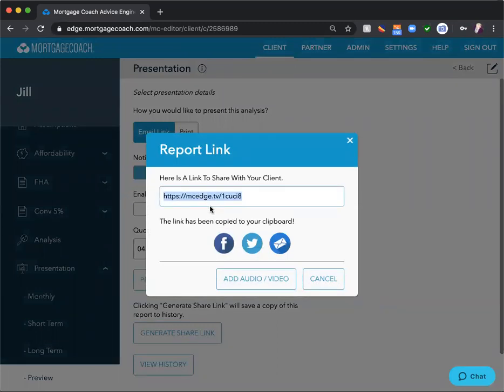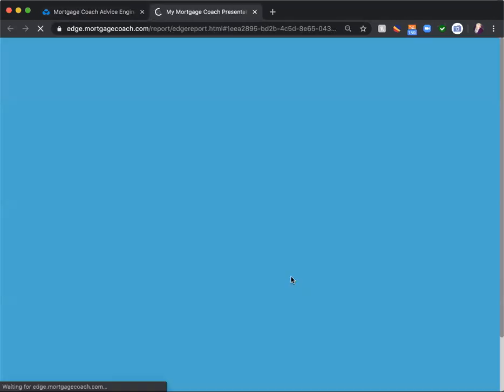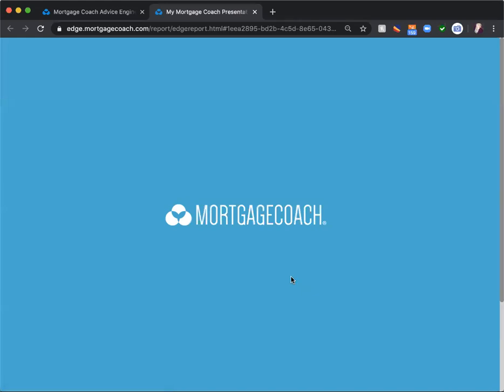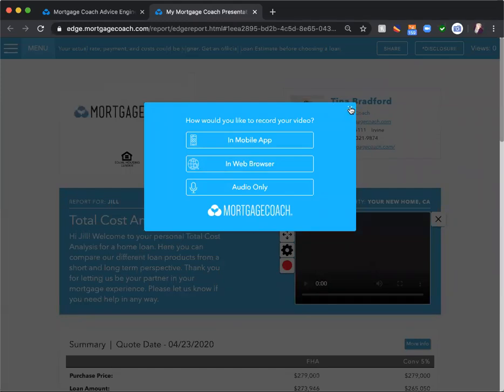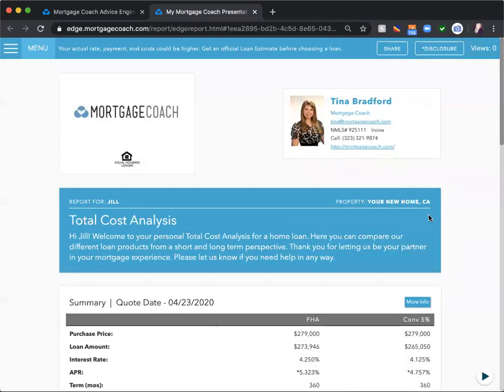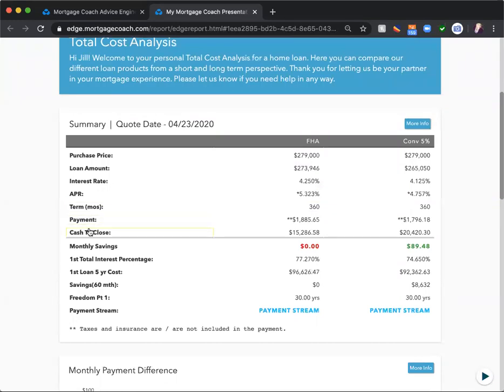Since most of us are not in a situation where we're with our client, you can now copy this, send it to the client while you're on that same conversation. And then once you go into this, I'm going to click add audio video, which would go back to Gregory, yours with adding audio video. You can just click in web browser and it'll start it here. But now I can go through and I can highlight it. So if I gave this to my client, I'm going to drop this down in my panelist link. And if you want to click on that link down there,